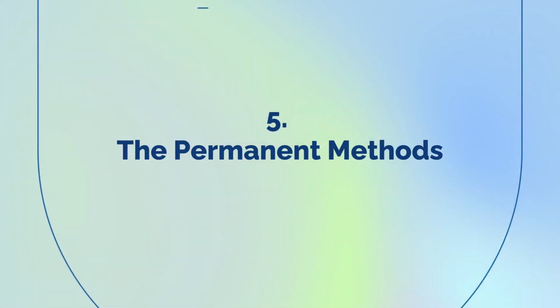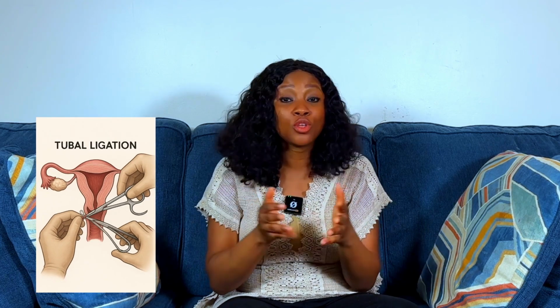The last category of contraceptives I will talk about are the permanent methods. Many times these methods are irreversible. The first type is tubal ligation, that's like tying the fallopian tube. This method has been known to be almost 100% effective. They are very effective. Another method for men is vasectomy, that's cutting off the vas deferens, and these methods have been known to help prevent pregnancy over a long period of time. That means you don't have to worry about constant contraception. The downside is it can be very dangerous if you choose to change your mind in the future.